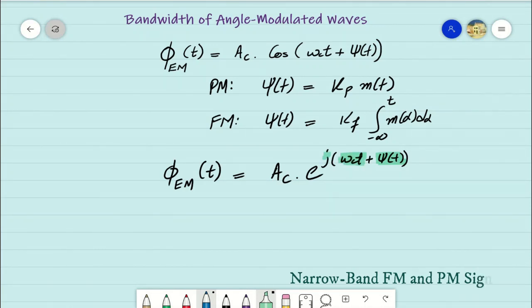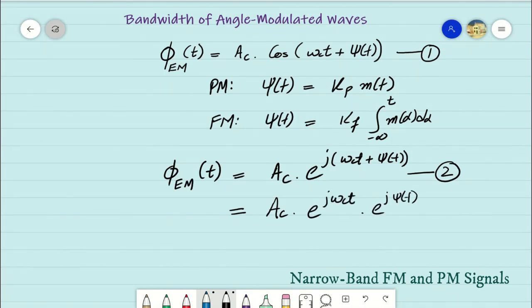However, the sinusoid is now a complex sinusoid. It is the same expression, while in equation number 1, the sinusoid is real and we have extended it to a complex sinusoid in equation number 2. The exponent in equation number 2 can be expanded as, since two parts in the exponents are being added, we can represent them as a product of two different exponents.